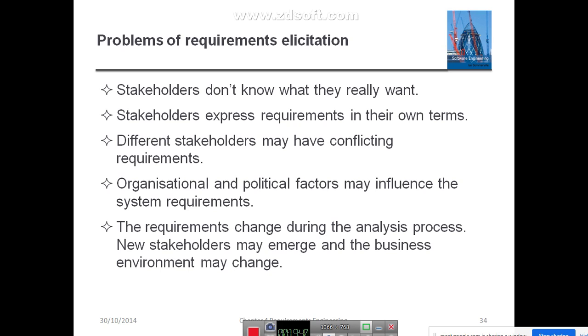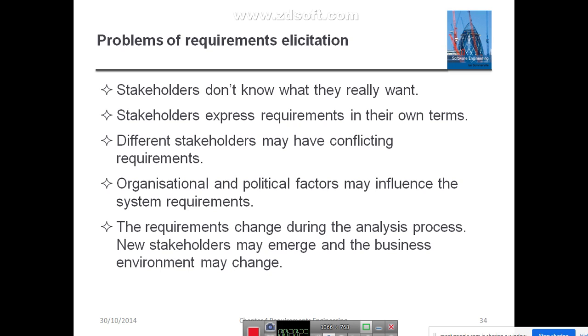That is one problem you are going to face in requirement illustration. And the stakeholders express the requirements in their own terms. The stakeholders here are the customers, the normal users. They are going to express the requirements in their own terms. As a customer, he defines the statements in natural language. As a technical member, you define the requirements in a technical way. That means both stakeholders express the requirements in their own terms. Both are not using the same specification. Is that clear?